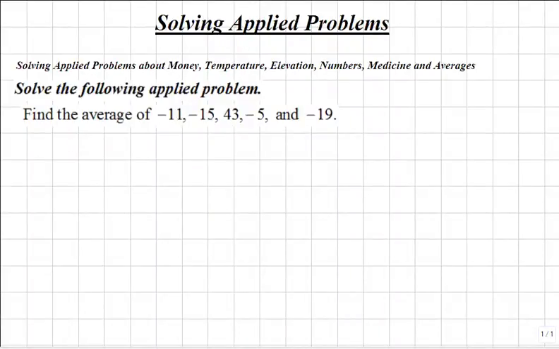Let's solve the following applied problem. Find the average of negative 11, negative 15, 43, negative 5, and negative 19. To find the average of a series of numbers, we'll add those numbers and divide that by the total count